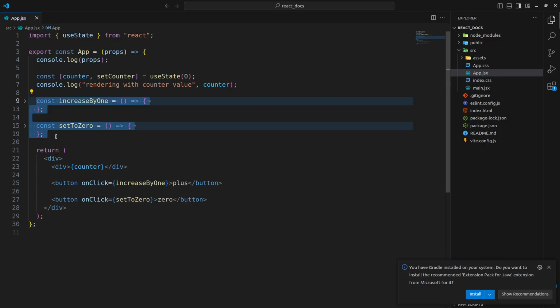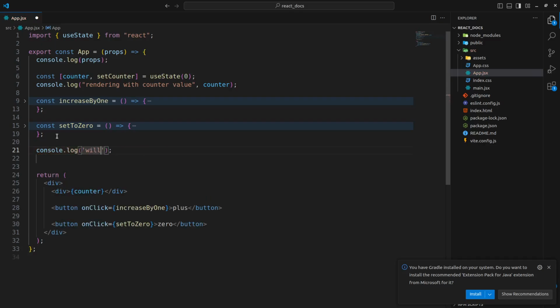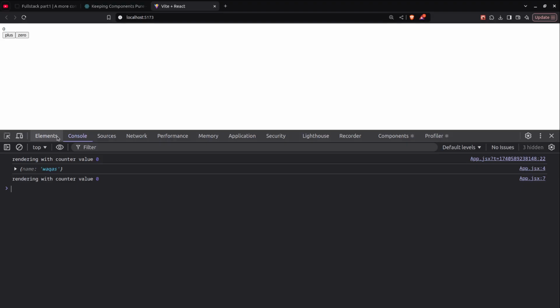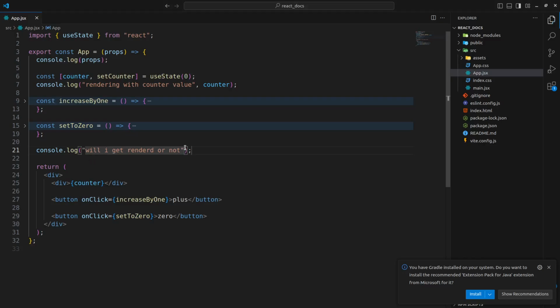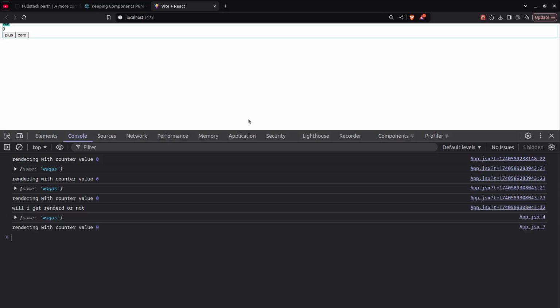Will anything inside the log get rendered or not? Anything right here will be rendered. These are event handlers, and they will only run when the onClick event happens. These will not get rendered, but anything else like props, state, or context, which we haven't learned yet, will